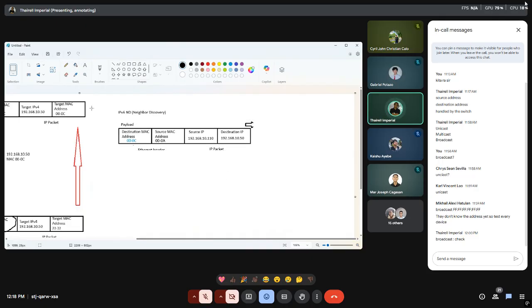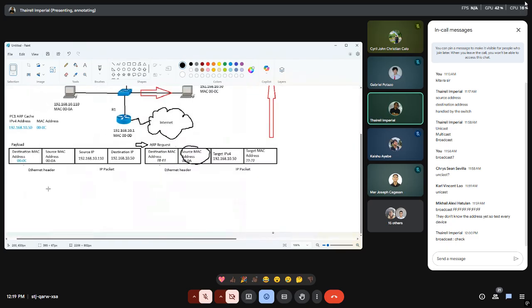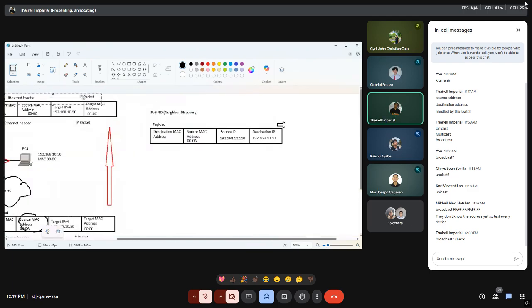Let me just erase this too. Let me just grab this as well. Then that would be for the Ethernet header, and then we have our IP packet, but instead of the IP address formatted in octets, it would rather be in hextets.